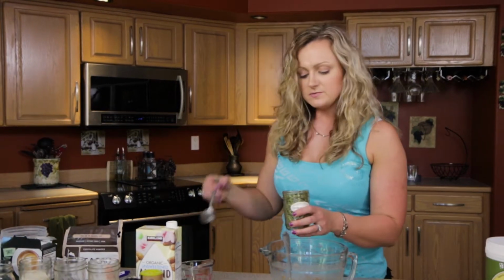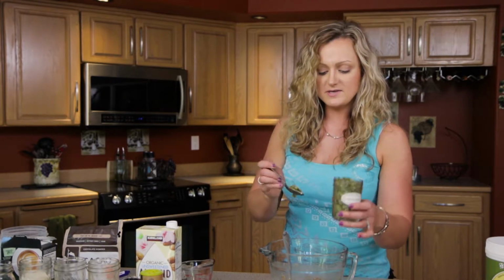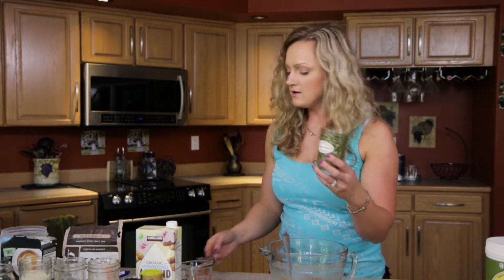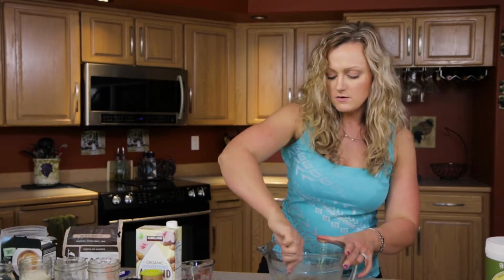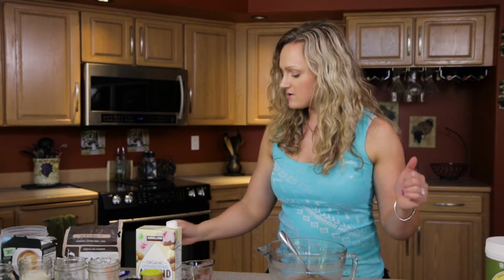so make sure you don't do that with the maca. All right, and then almost done here, about a tablespoon of our pumpkin seeds here from the jar. And I just get these at the bulk section. These are just great to have in the little containers here. So we mix those in, and then the next thing we're gonna do is,